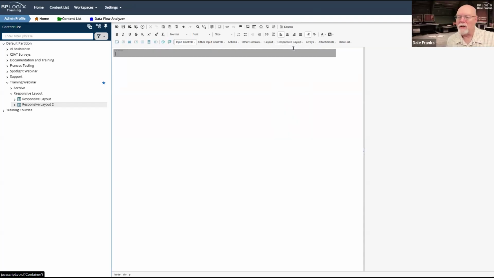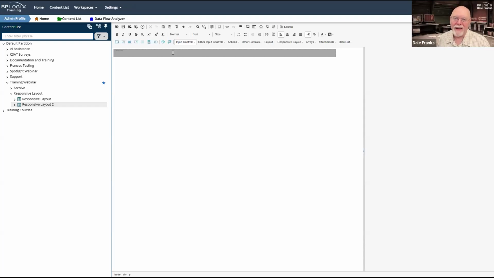So we're going to go back and throw the container back on. And we're going to presume that we're going to use the container. The reason I like the container is because it is a fixed width container. I can at least design my form to look good inside the width constraints of this container and know that I only have to worry about the form refactoring for smaller screen sizes, but that's something I always have to worry about. I don't have to worry about what happens if somebody has a 32-inch monitor and they open the form and it takes up the full width of their monitor.